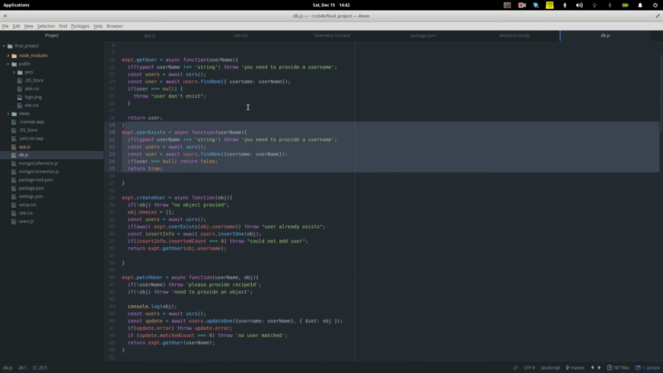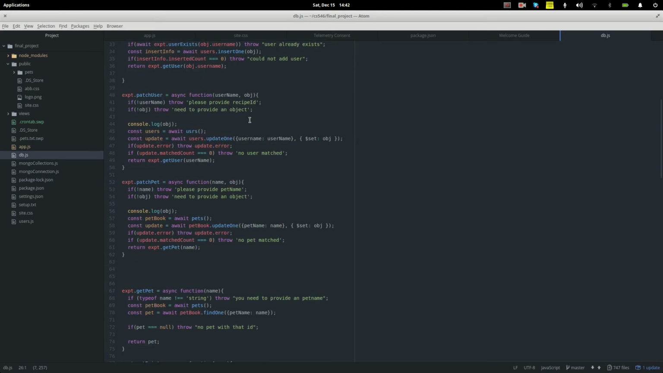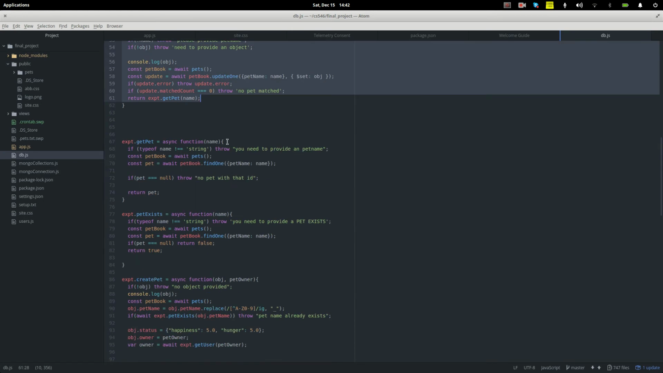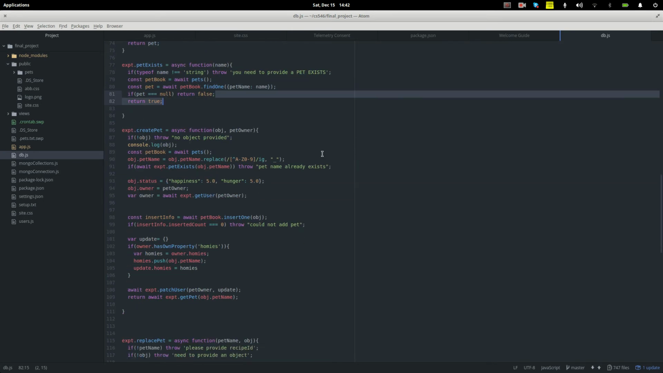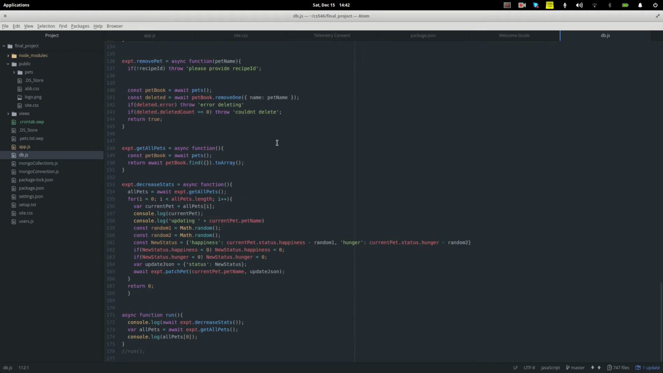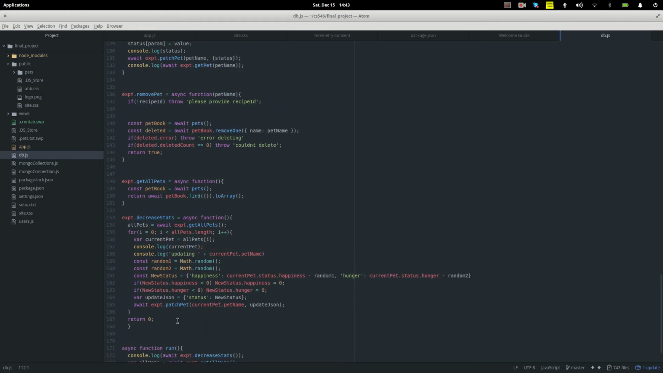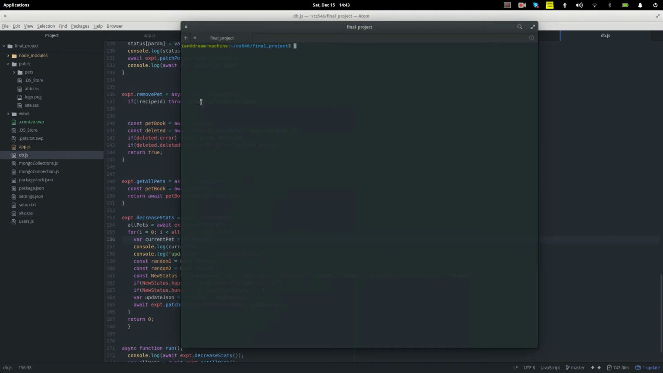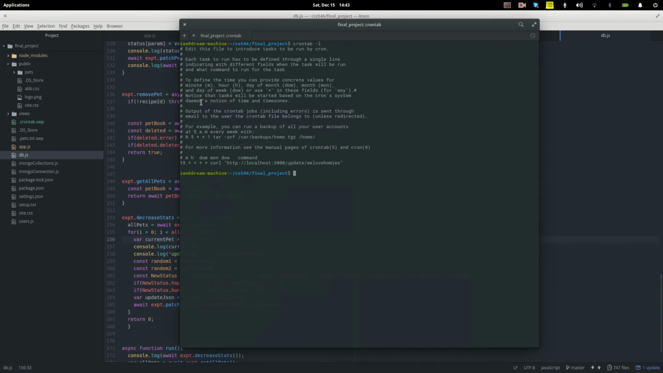Here are some of the functions. These are checking if the user exists, creating the user, patching the user, patching the pet, getting the pet, and checking if the pet exists. These are all just general utility functions, replacing the pet, that sort of thing. But then there are a few other utility functions. We have decrease stats, which gets run every hour. There's basically something on app.js that has it, but if you look at my crontab, it runs this